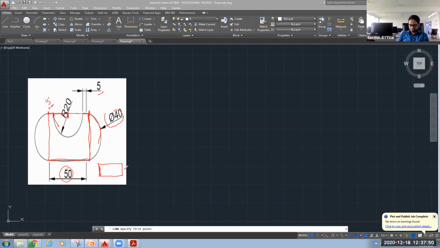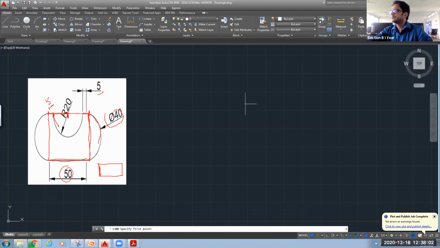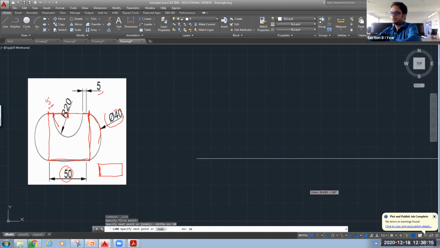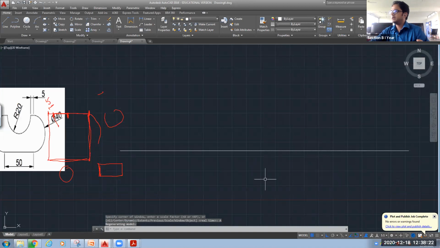So let's draw it. I will come out of this annotation. I will use your line command. Let's start from here. I will put this ortho mode on since I want to draw horizontal and vertical lines. In horizontal direction, I want to move 50. 50 is going beyond my screen, so I will use zoom command. Okay.